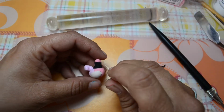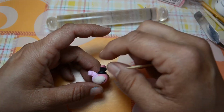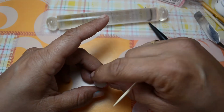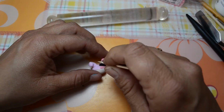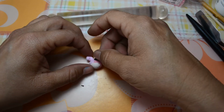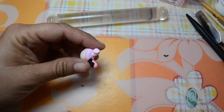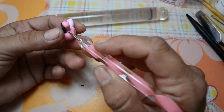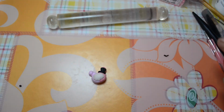Don't worry if, as you can see, the hat loses the form. You can just give it back with the fingers or with a toothpick, and then it's the hat. There. Now I'm going to make the eyes